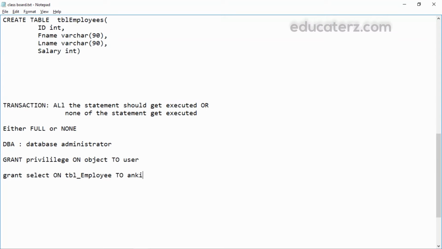This is the user ID. So what is happening, we are granting a select query only to the user called Ankit for a table. So I cannot do anything apart from this select query.